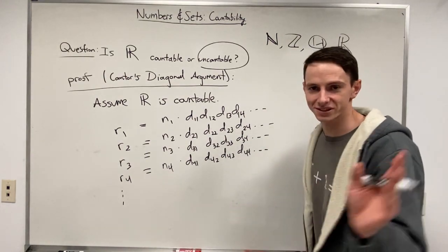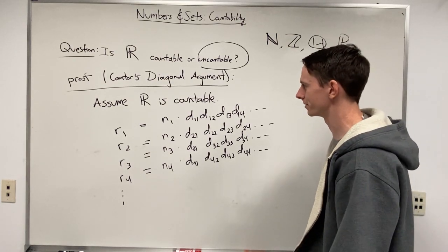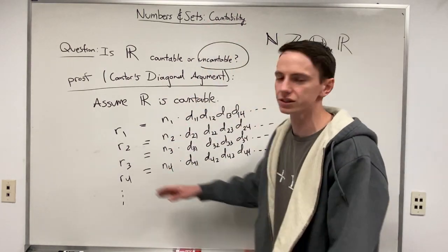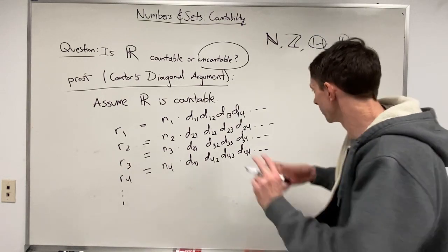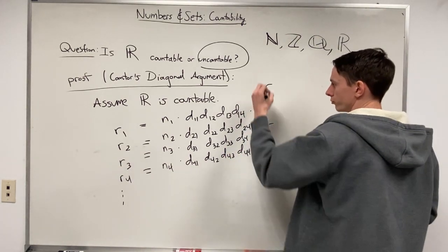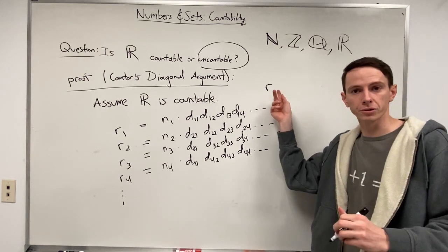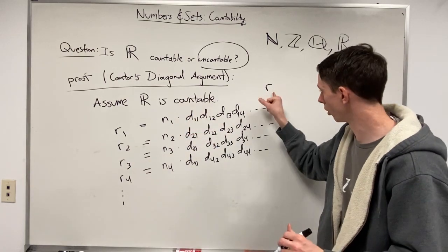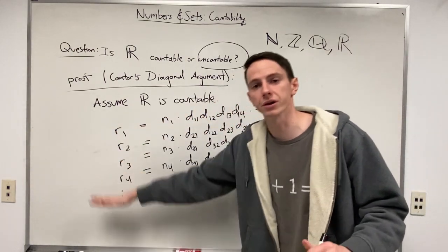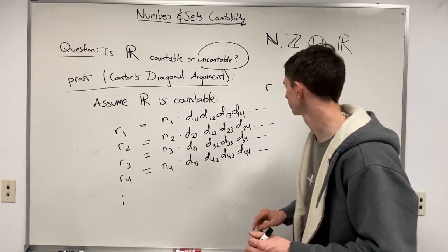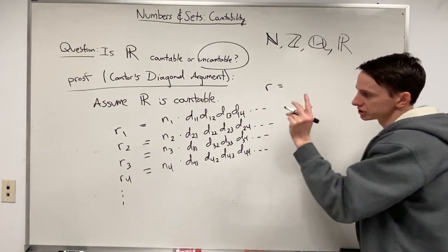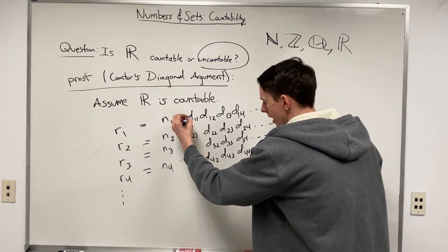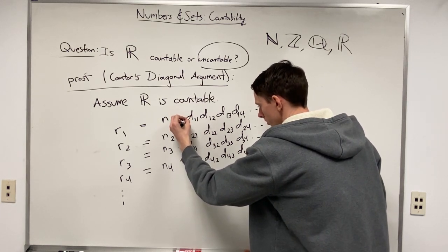And now this is where the really clever part is, in my opinion. What Cantor does is he says, all right, suppose this is the list of all the real numbers. Well, let me write out yet another real number, r. And if r is a real number, and this is the list of all the real numbers, assuming it's countable, then this number r should be somewhere in this infinite list, right? But here's what we can do, and this is where the diagonal part comes in. You can imagine that if we were to draw out sort of a diagonal bubble,